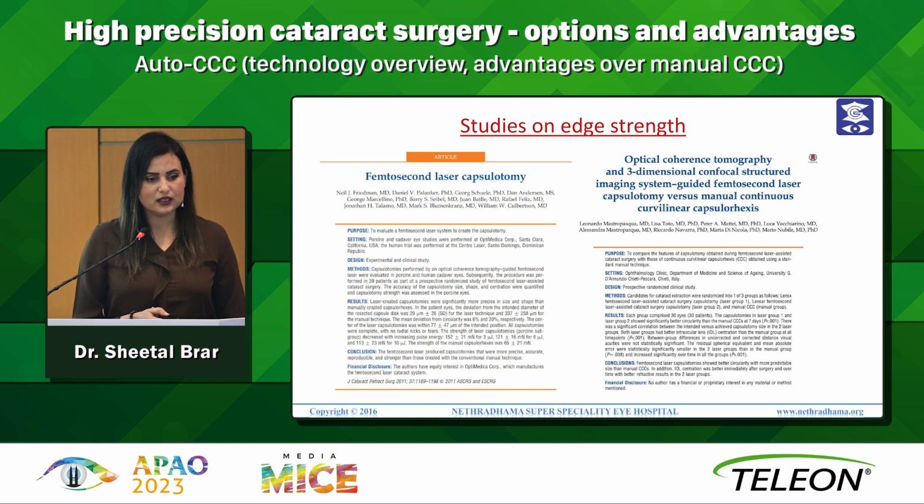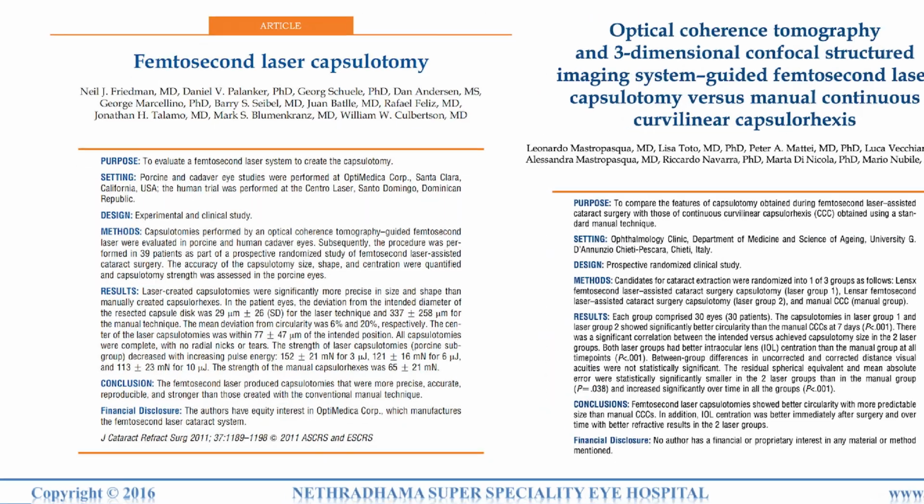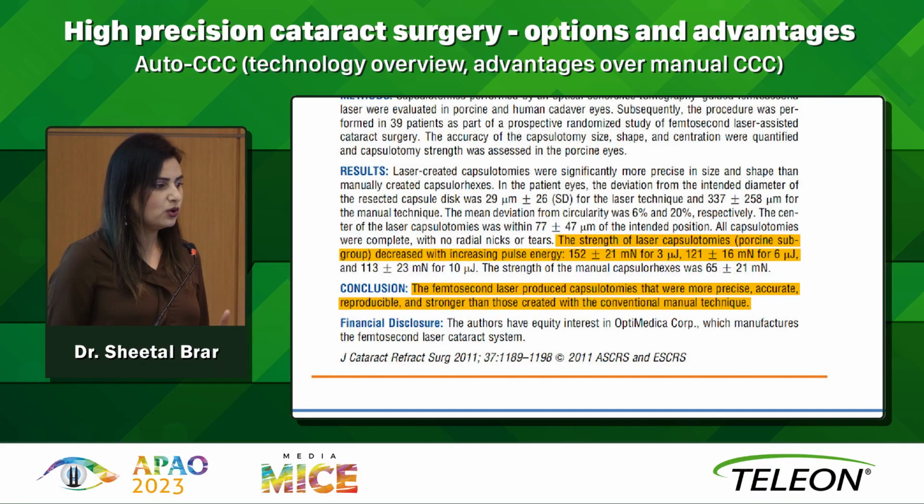So this was a study performed on porcine eyes, and in this study the authors found that the strength of the laser capsulotomy was significantly better. The capsulotomy was precise, accurate, reproducible, and stronger than those created with conventional manual techniques. However, the strength of the laser capsulotomy decreased with increasing pulse energy. So when they increased the pulse energy for the capsulotomy, the strength reduced. So they concluded that if you use a lower amount of pulse energy for the capsulotomy, you will have a